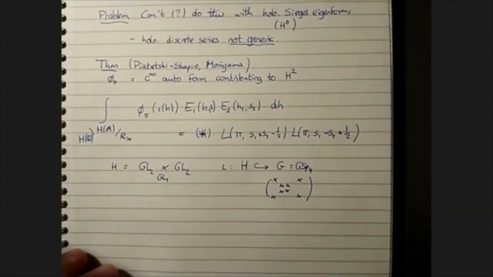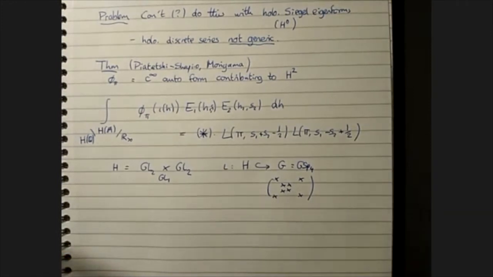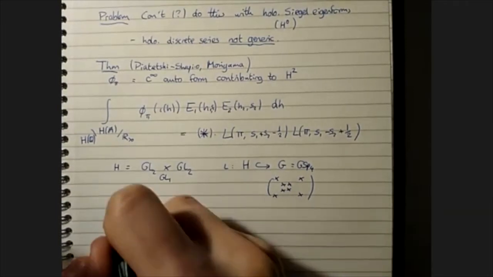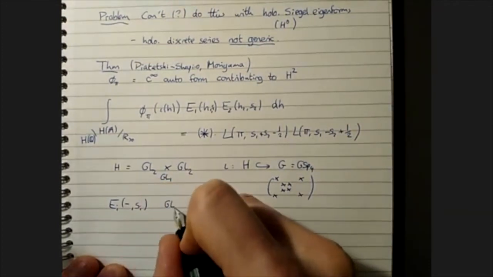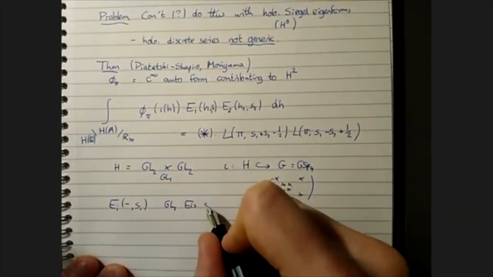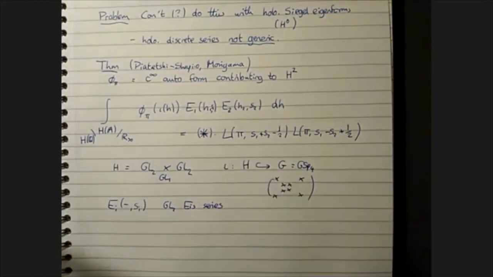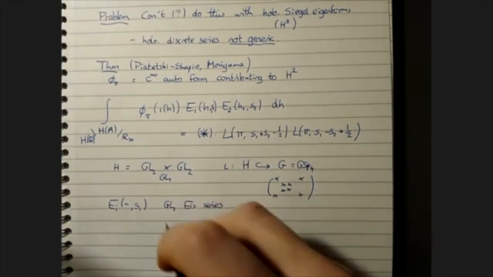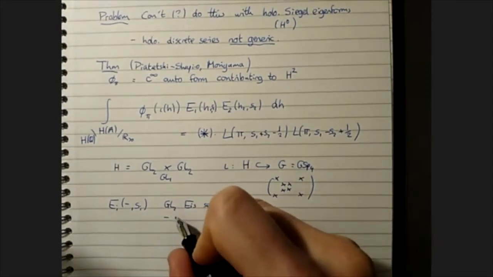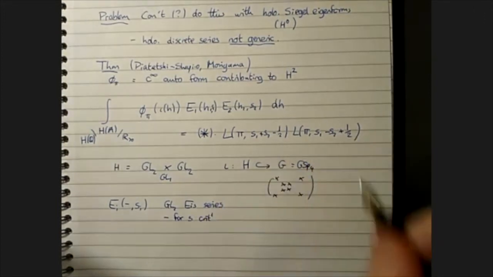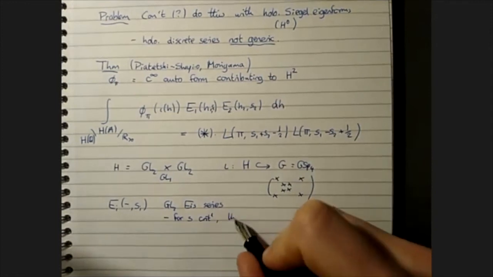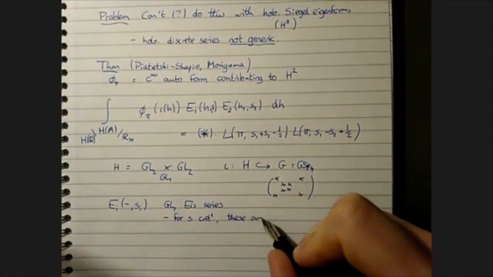So that's the map iota, and it gives you a map on the symmetric spaces. And the final piece of the puzzle is that the E_i are GL2 Eisenstein series. So these are real analytic things depending on a parameter. But you can arrange that for s critical, or more accurately for these combinations being critical, these are holomorphic,